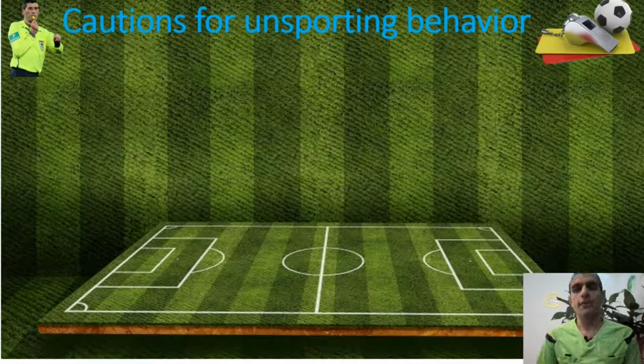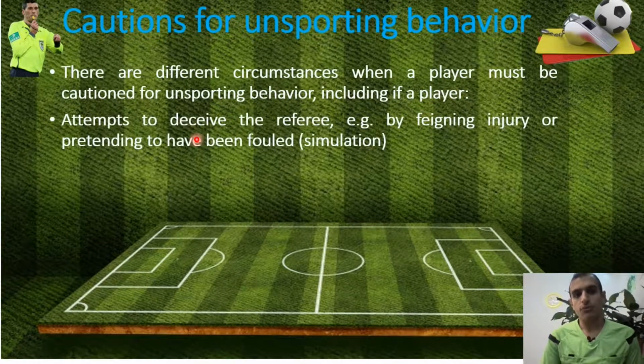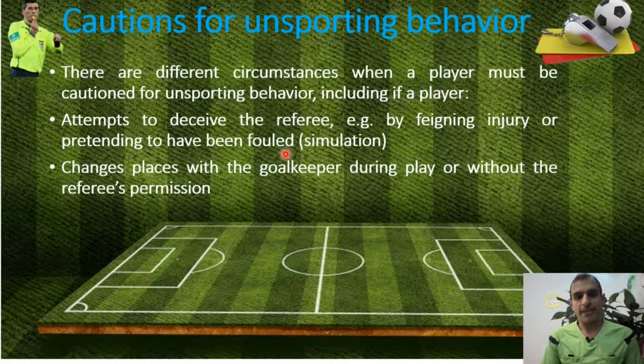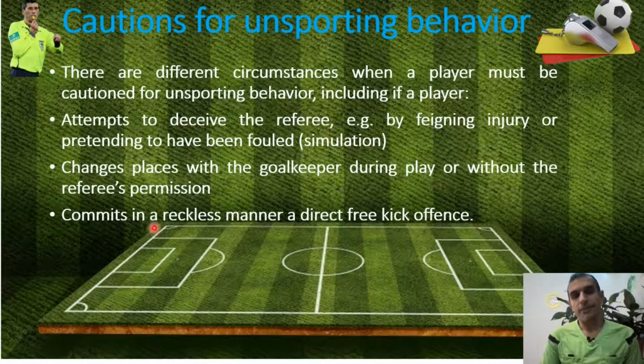Cautions for unsporting behavior. There are different circumstances when a player must be cautioned for unsporting behavior, including if a player attempts to deceive the referee, for example, by feigning injury or pretending to have been fouled, I mean simulation, or changes places with the goalkeeper during play or without the referee's permission, commits in a reckless manner a direct free kick offense,